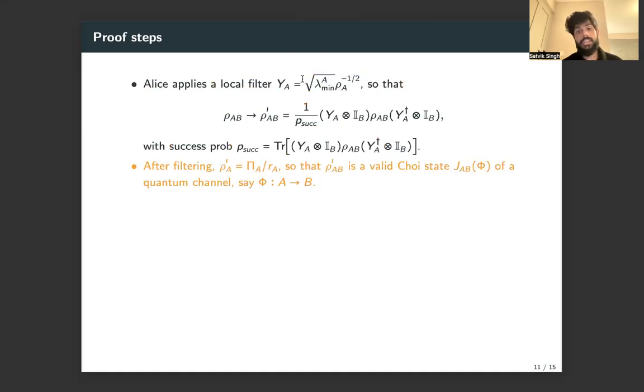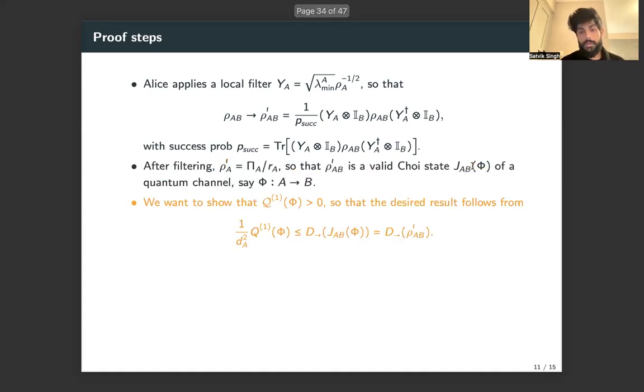But now the crucial point here is that now, instead of the reduction on B being maximally mixed, it would be the reduction on A that is maximally mixed, which basically means that this filtered state rho prime can now be considered as a valid choice state of some quantum channel phi from A to B. And now our idea is basically to show that this channel has positive capacity to transmit information, and then relate the distillable entanglement of the choice state to the capacity of the channel to send information